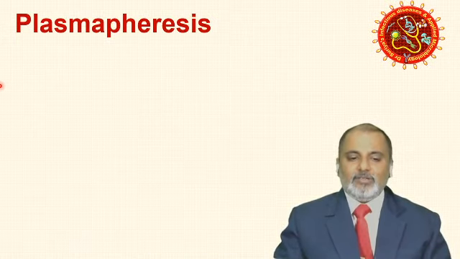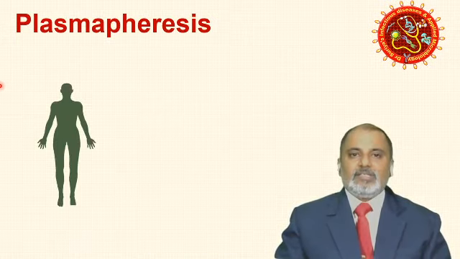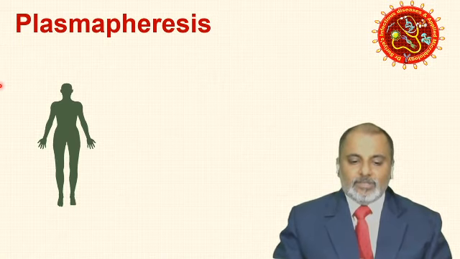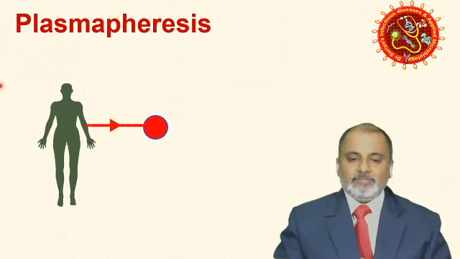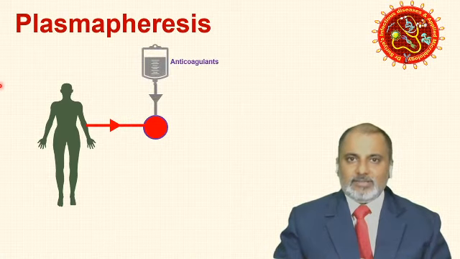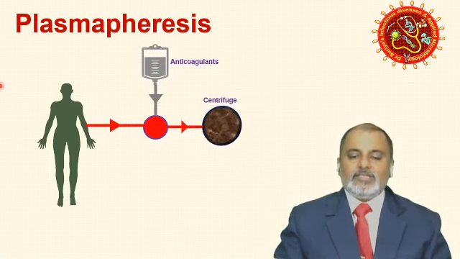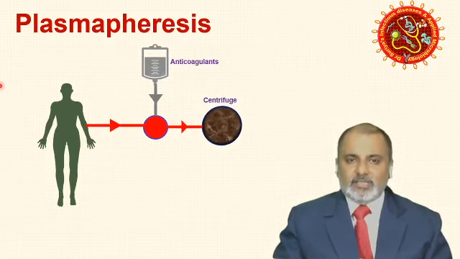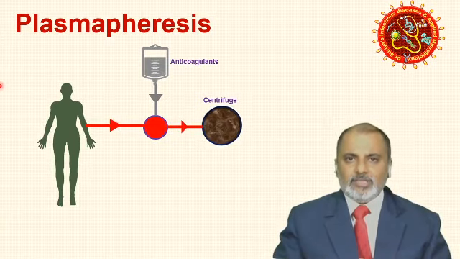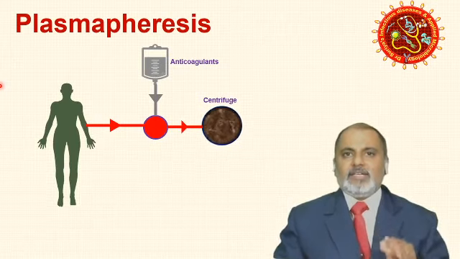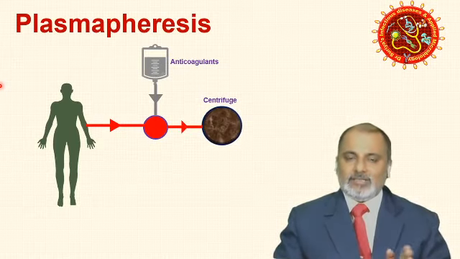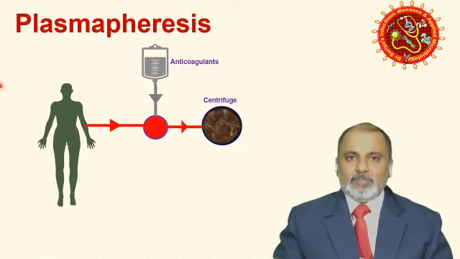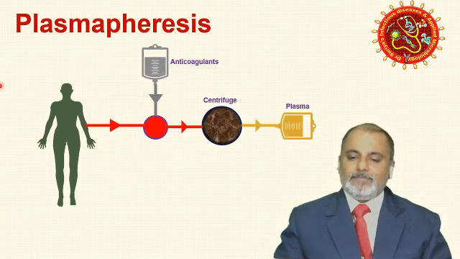Next is how we are doing it. Number one, he is the donor. From the donor, we take the whole blood and we add anticoagulants. Then it goes to the specialized equipment. There are many methods. One is the filtration method, another one is the centrifugation method. I'm talking about the centrifugation method, commonly used. After proper centrifugation, we can get RBCs, buffy coat and plasma. We have separate equipment to store the plasma. So we are collecting plasma.